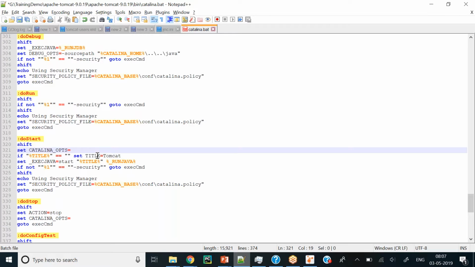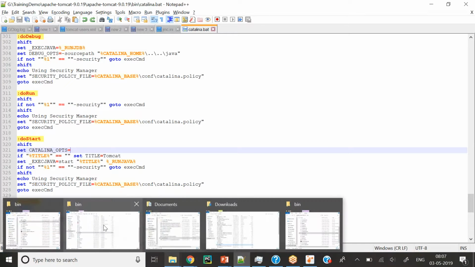This is the way you will see it on your systems or machines. It will be completely empty, so now I have made it completely empty. Now I've saved it.